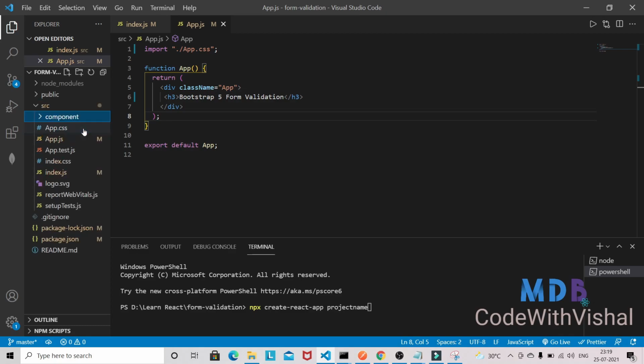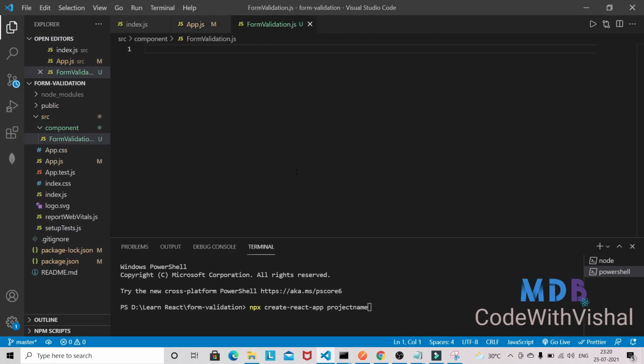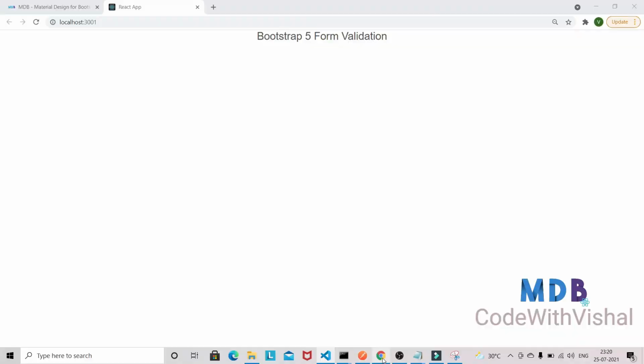Inside this components folder I will have different components. The first file is FormValidation, because we are discussing how you can perform form validation with the help of Bootstrap Hive, and we have to set up Bootstrap Hive in our React application as well. So I'm just going to the official doc,